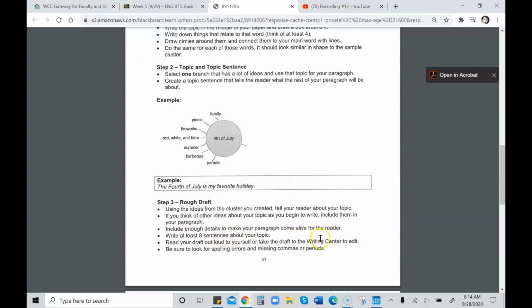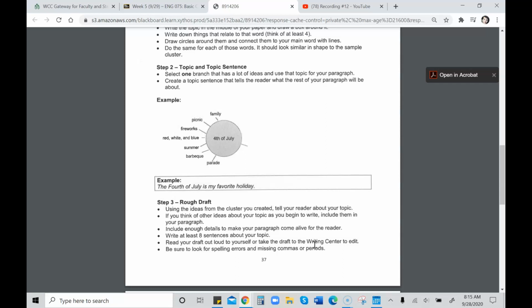Now, don't worry about taking it to the Writing Center unless you want to go talk with someone about your writing, and we will have introduced the virtual Writing Center, so it's always an option for you. But get your rough draft done, read it through to yourself. You can always ask me any questions if you want to, or actually go to the Writing Center and look for some of those errors. So I don't want you to overthink this process. I just want you to kind of move through it with relative quickness